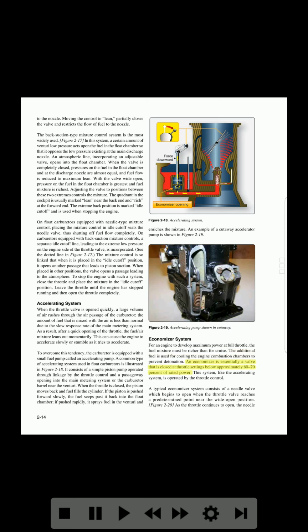An economizer is essentially a valve that is closed at throttle settings below approximately 60-70% of rated power. This system, like the accelerating system, is operated by the throttle control. A typical economizer system consists of a needle valve which begins to open when the throttle valve reaches a predetermined point near the wide open position. Figure 2-20. As the throttle continues to open, the needle